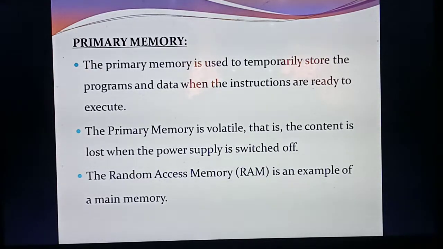Then after storing, at that time the power went off. After the power comes back, you switch on the system. Next you check whether all the files are there in the primary memory. While you are checking, the files won't be there. Why? Because primary memory is volatile. That means the things you have stored inside the primary memory are not permanent, they are temporary. Whenever the power supply goes off, immediately all the contents you saved will be lost.